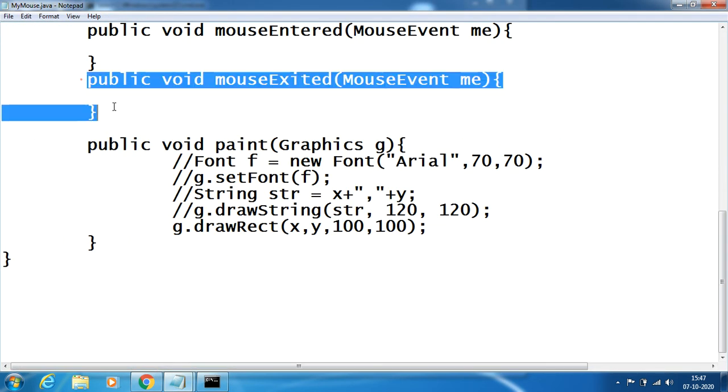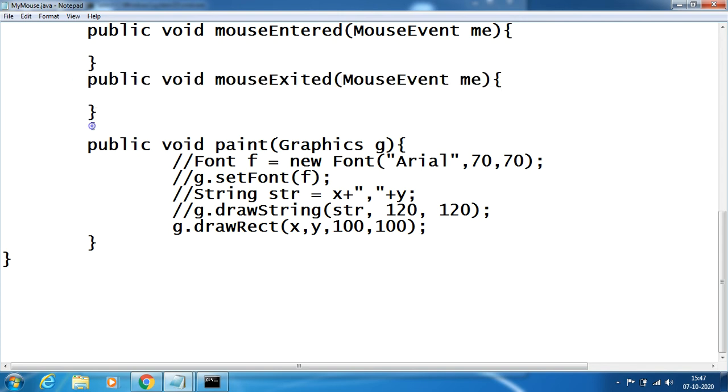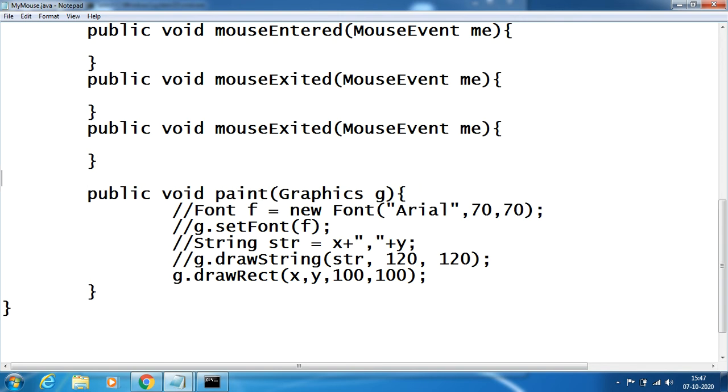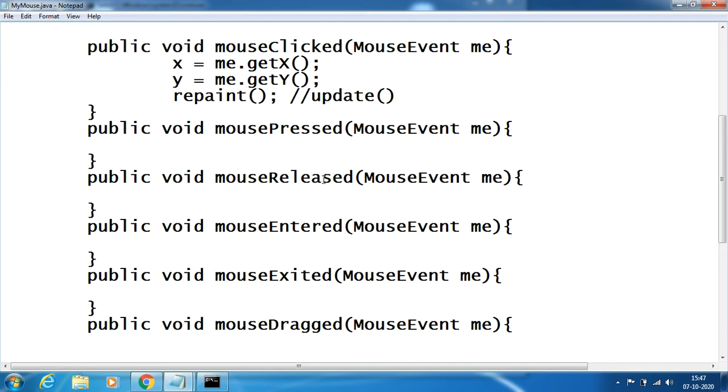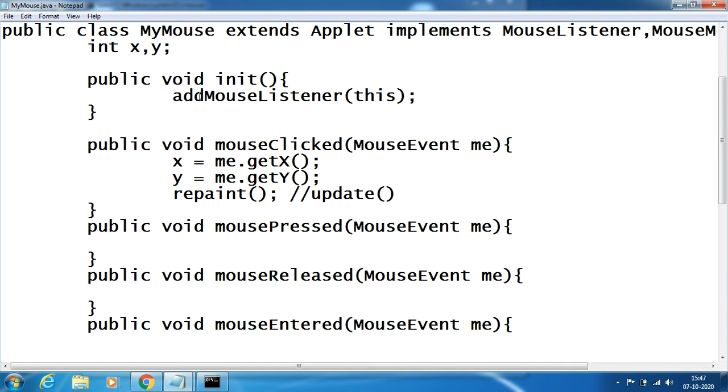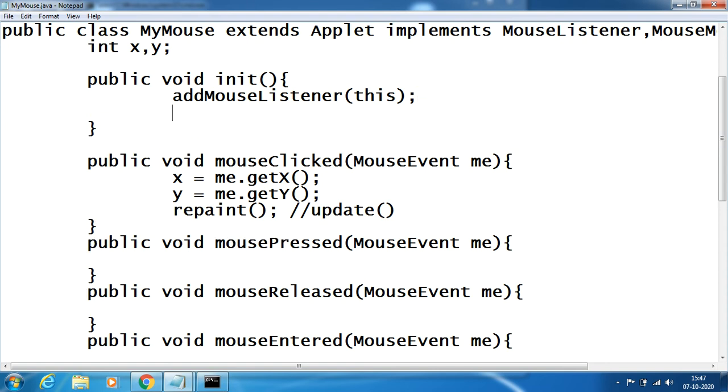So here, same thing, just copy and paste: mouse dragged and mouse moved. Before that, we need to again add the listener. What is the listener name? addMouseMotionListener of this.